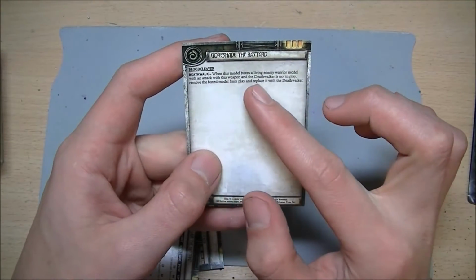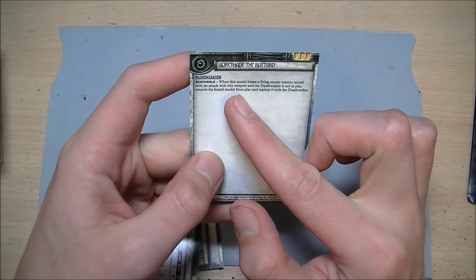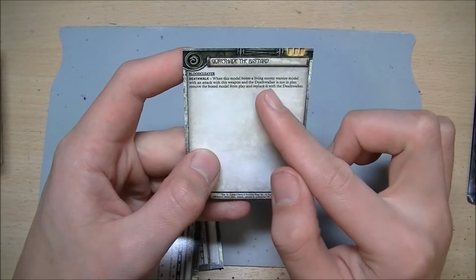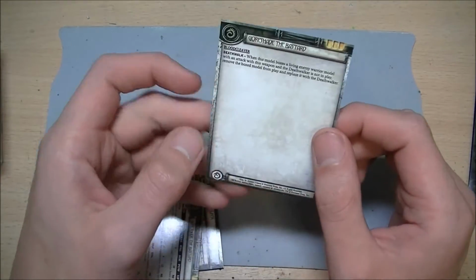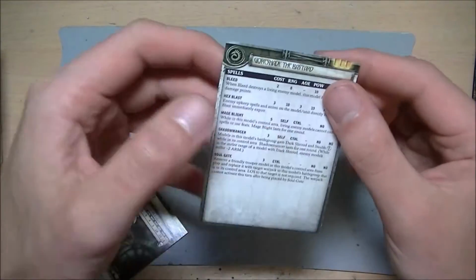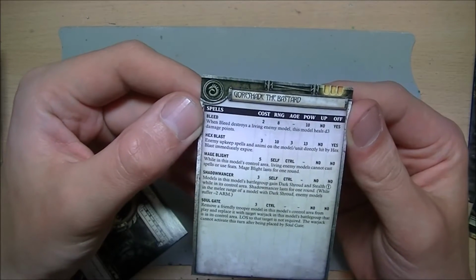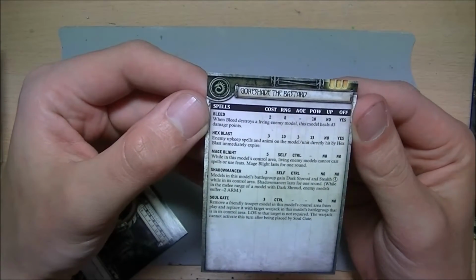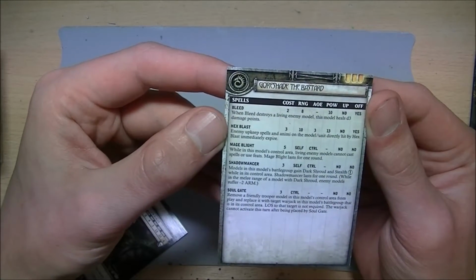And when this model destroys, boxes a living enemy warrior with an attack with the Blood Cleaver, if the Deathwalker is not in play, remove the boxed model from play and replace it with the Deathwalker, so he gets Deathwalker back. Spells: Bleed, so if he destroys a living enemy model with this particular range spell, he will heal D3 damage points. Hex Blast,